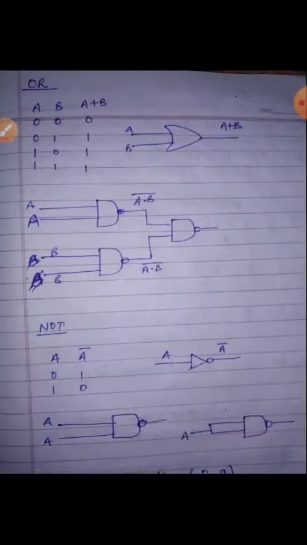Now the second one: how will you use NAND with the OR gate? Here you can see the OR gate. A plus B is the OR gate. What is the rule for the OR gate? If any input is 1 it will return 1. So here 1 1 gives 1, and where there is no 1, it is 0. This is the diagram for it. Again 3 NAND gates are required, but here you will pass A A and B B. In the previous one you passed A B; here you pass A A and B B.